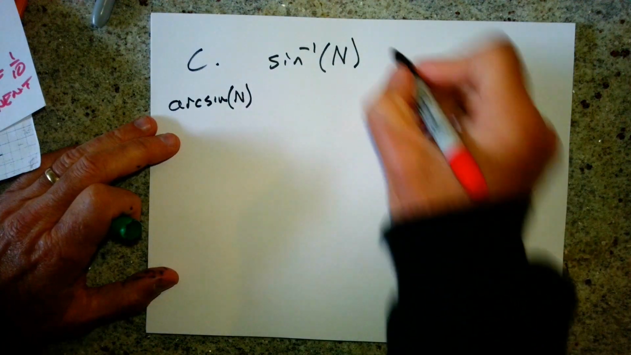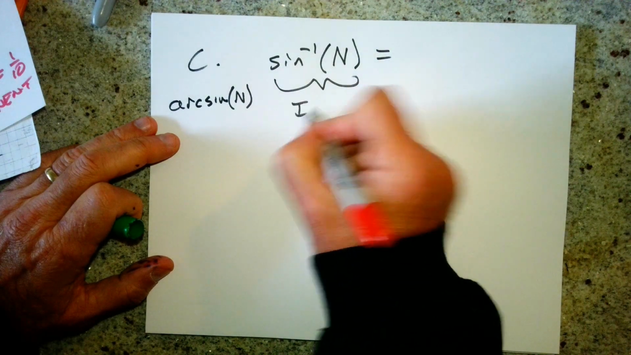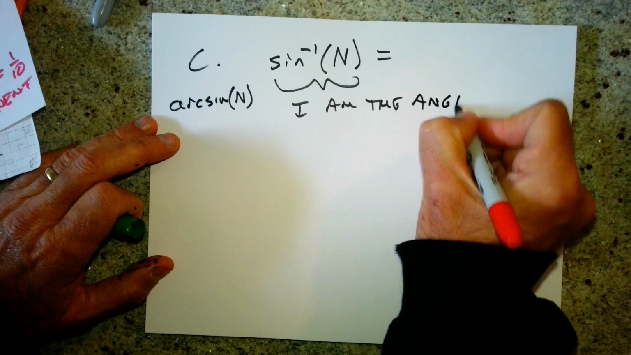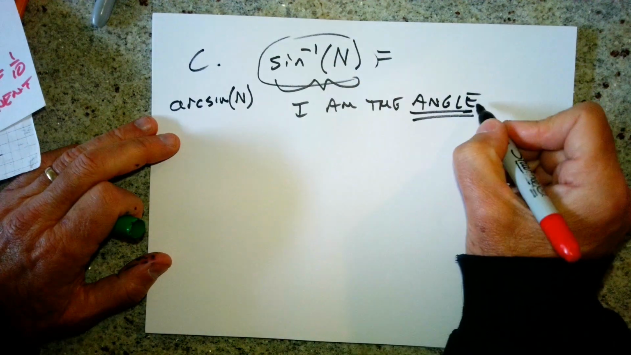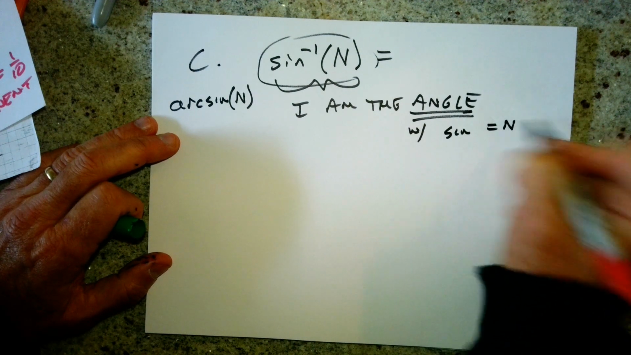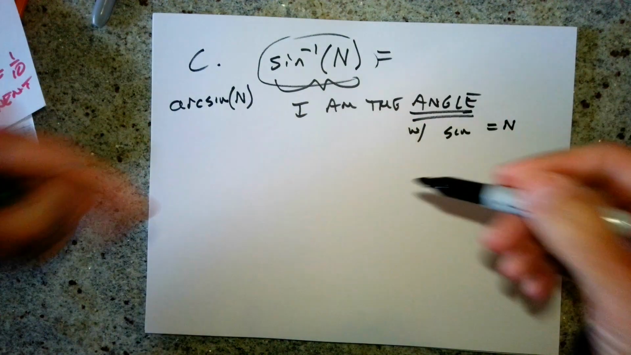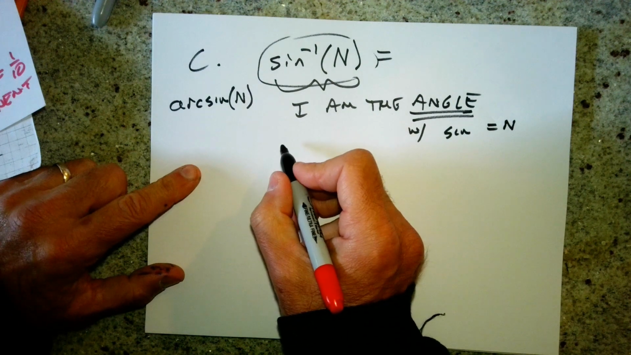Equals. What this is saying is I am the angle. Inverse trig functions are angles. So this is an angle. I am the angle with sine equal to n. In other words, the sine of me is n. I am an angle and my sine is n. One way to think about this is